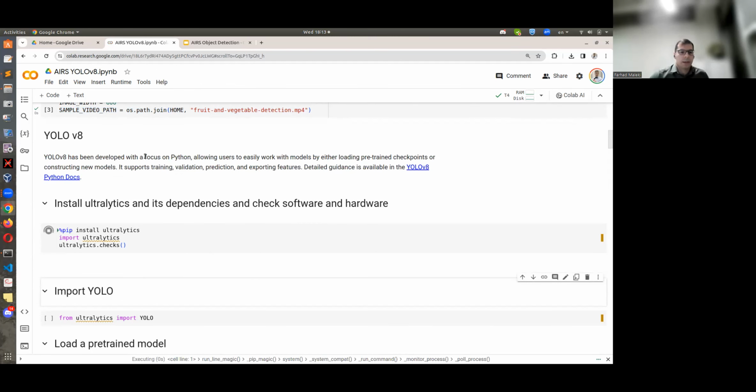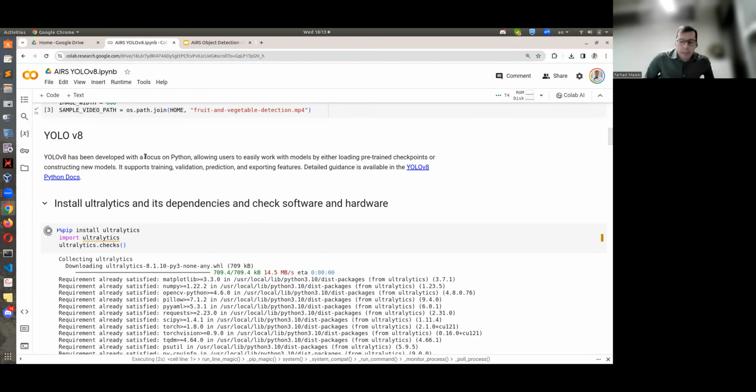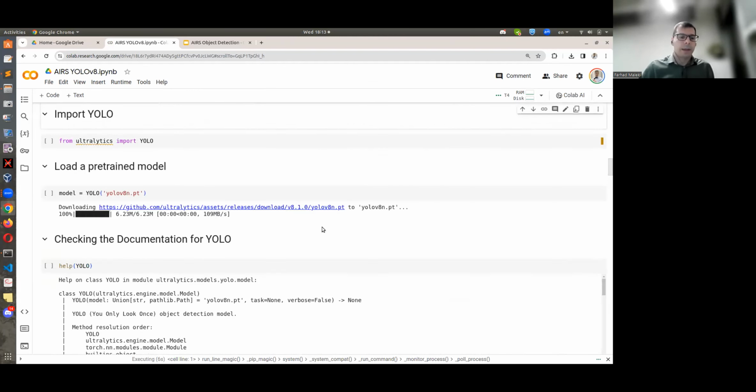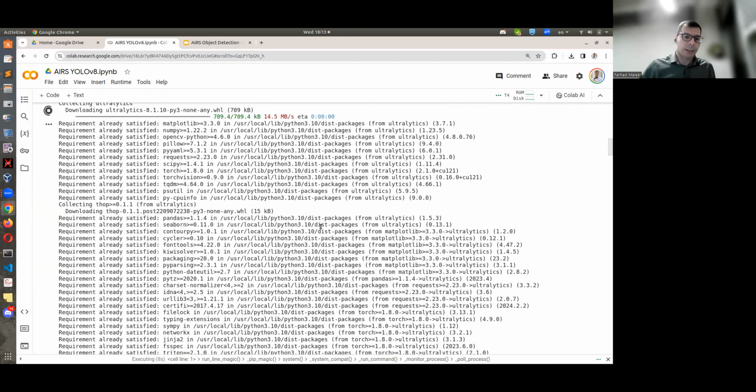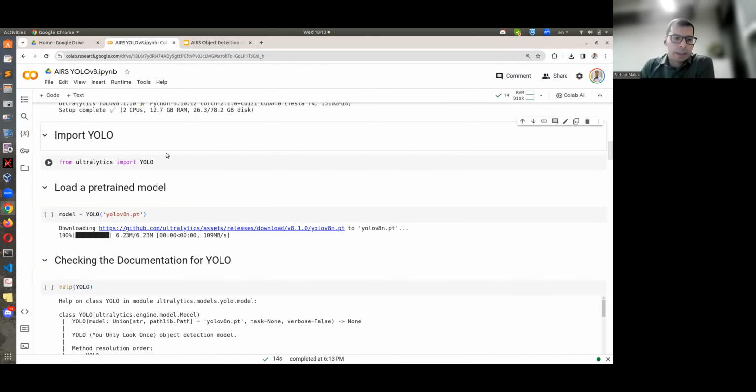So I just install it. Installation might take a few seconds, and it runs a bunch of checks as well to make sure that the requirements are met. To import a YOLO model, you just need to say from ultralytics import YOLO.